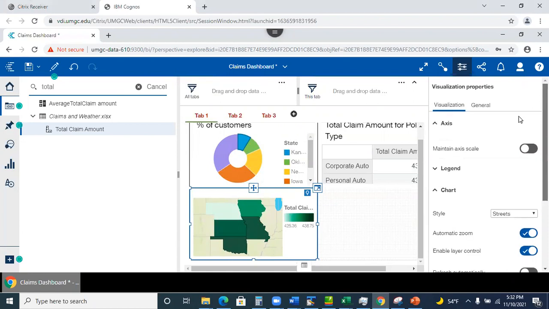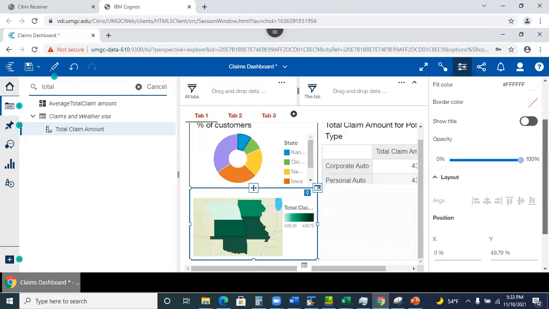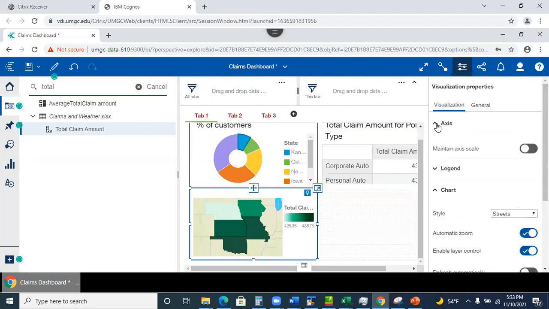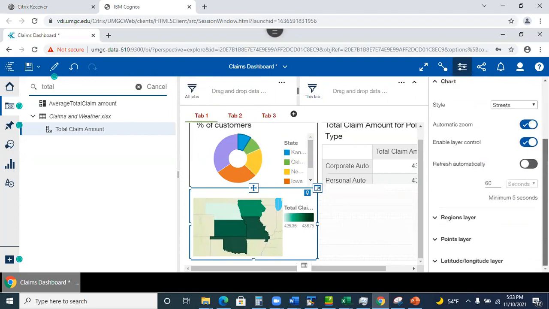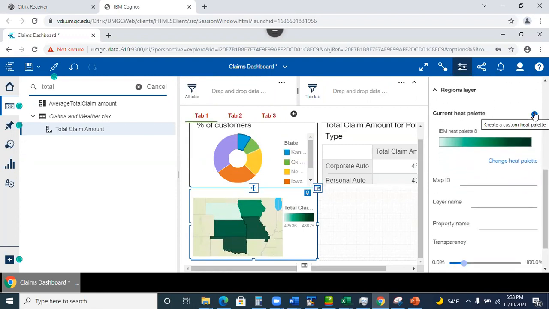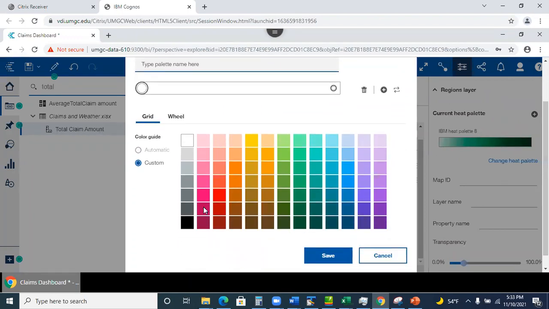So what did I do? I just saw it. Appearance. No, it's not an appearance, but somewhere I changed the color. Visualization, maybe it's in the visualization. Let's minimize this chart. And then I thought, how did it change? Oh, here it is. Well, this is a color palette, right? I can do this, create custom heat palette. Well, there we go. I have not done it before, but you can